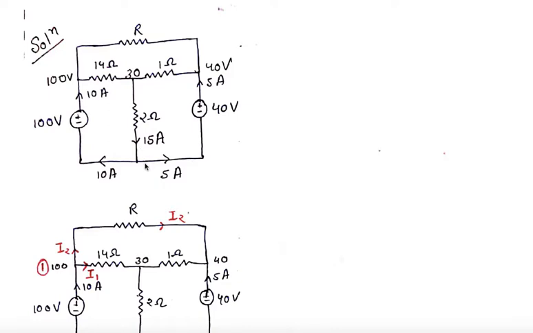So it is a very important observation that we are able to mark this 15 ampere because there is no active source present apart from these two, and this branch will not have any current of its own, so it is only taking current from the other branches. So we have marked the value of current as 15 ampere for this branch.